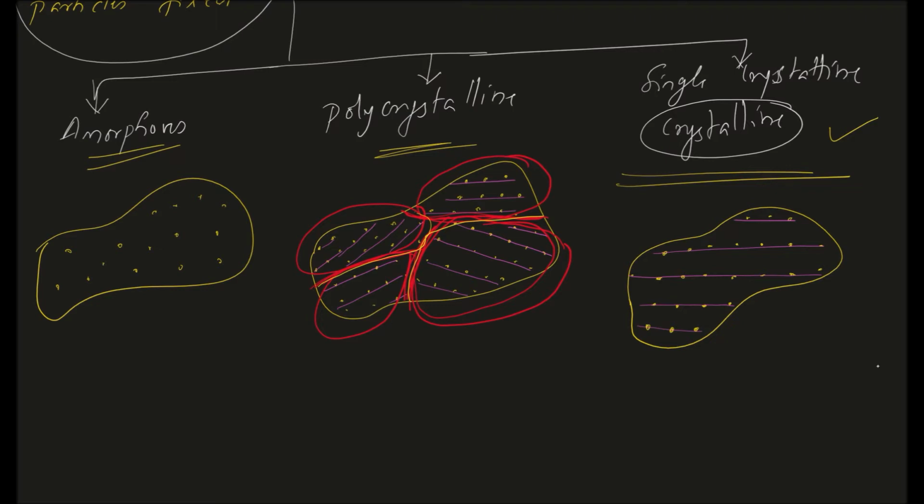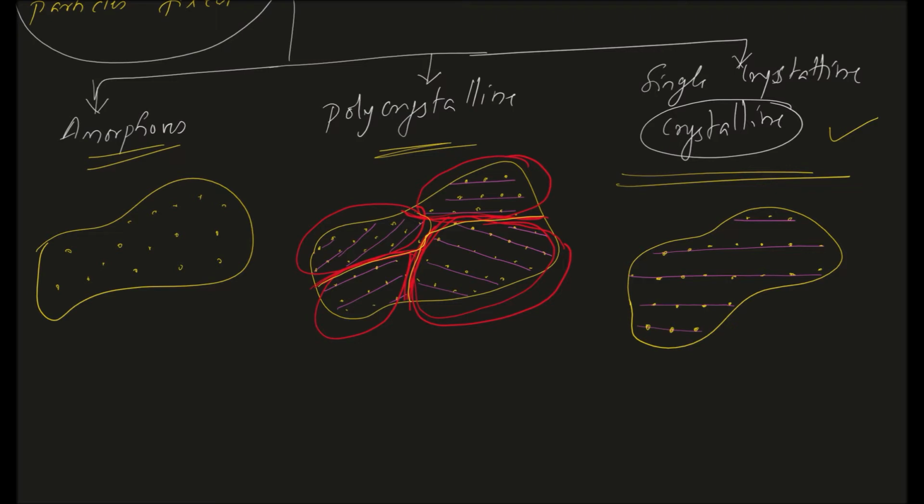So particles may be arranged in a random fashion, or there can be some ordering of the immediate neighbors of the atoms. But if you analyze the ordered arrangement of these constituent particles over a long region, then you won't be able to find any perfect ordered arrangement in the case of amorphous